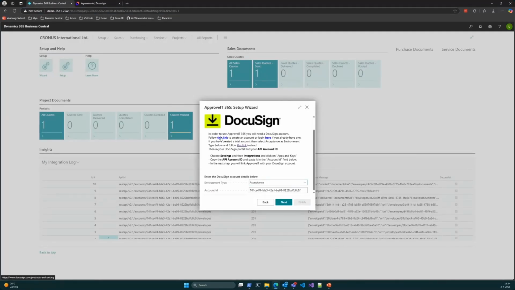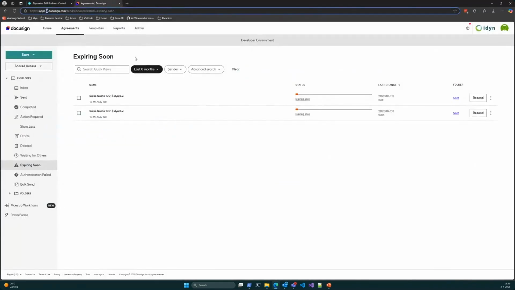And we can also see if we follow these links here that we have the production here, account.docusign.com, and here we have account-d.docusign.com. So once again, different URLs. So that's an important part. Next up, we need the account ID, and that can also be found in the DocuSign portal. If you go back to the admin menu,